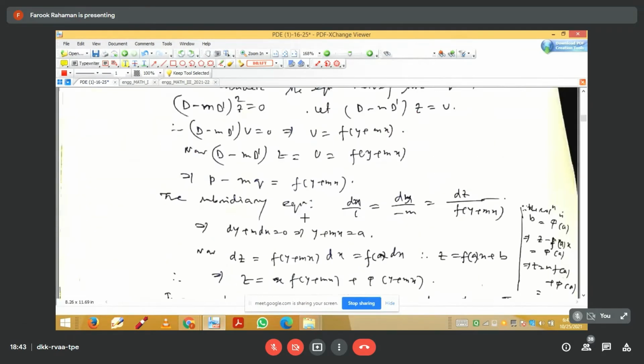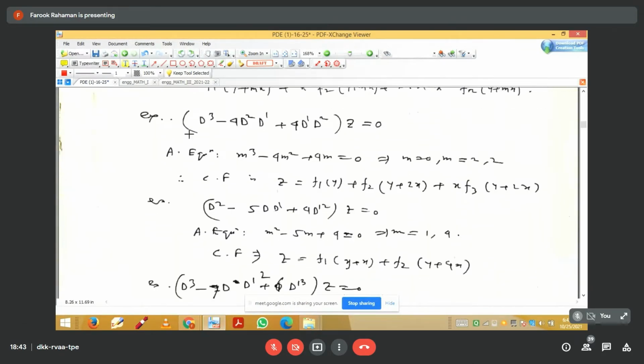And let us take an example. Suppose this is the given equation. The right hand side we have already put equal to 0, so this is only the CF. The right hand side is 0 in this case, so the CF is the general solution. Now, what will be the auxiliary equation? I've already mentioned that if you put d equal to m and d dash equal to 1, then one will get the corresponding auxiliary equation. So in this case, m cube minus 4m squared plus 4m equal to 0. So the solutions are like this, m0, m1, m2.